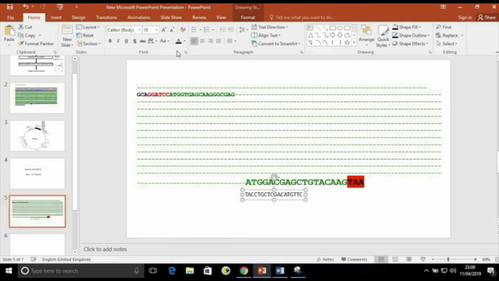So this is the complementary to this particular sequence.